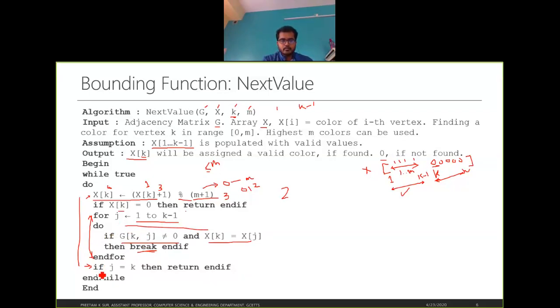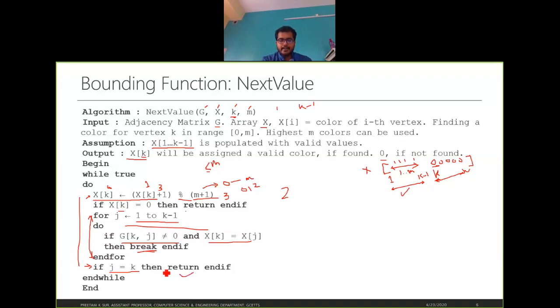That is what it is checking: if j equals k, it means it has iterated over all the iterations of the for loop without breaking, so it hasn't found any matches with the adjacent vertices. So it can assign the color. Whatever color it has assigned in this step will remain, and it will return from this function.